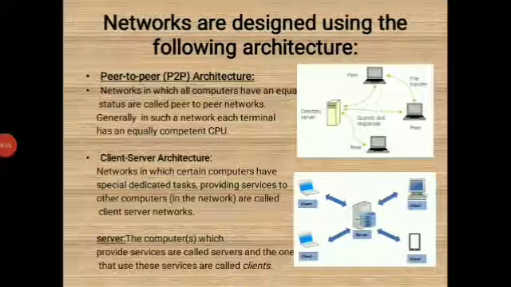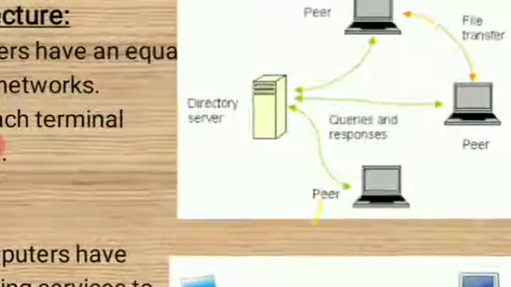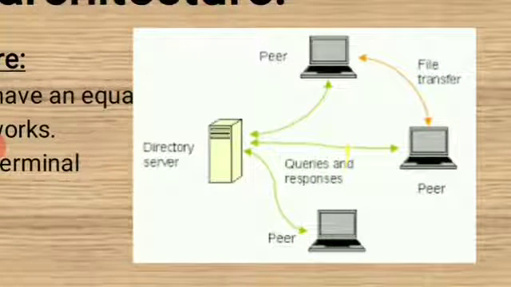In network architecture, we will learn two types of network architecture, that is peer-to-peer architecture and client-server architecture. In peer-to-peer architecture, the computers are connected to each other and every computer has the same and equal status, means that every computer has equal rights,